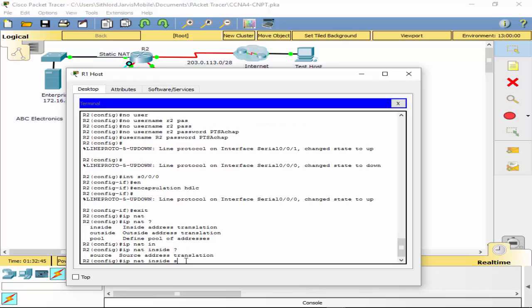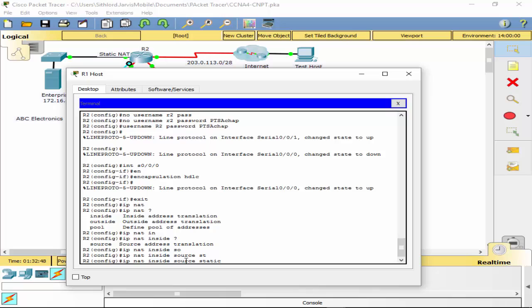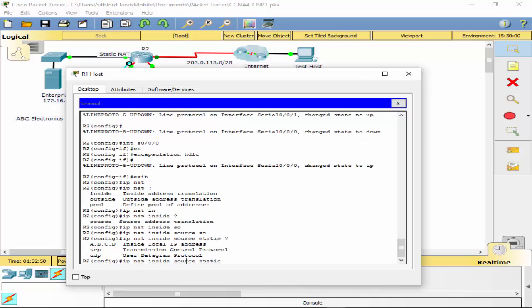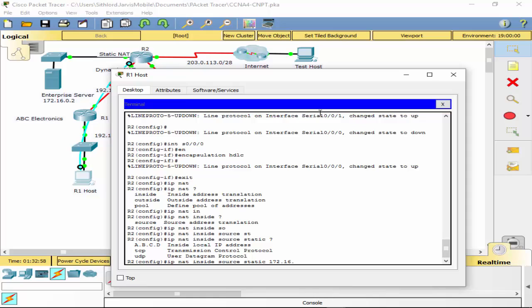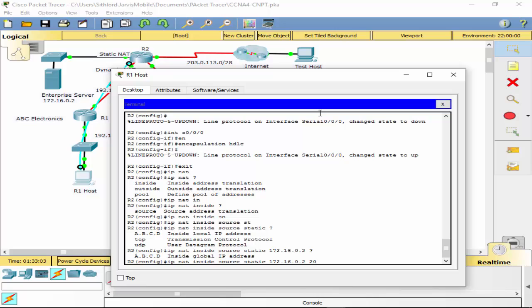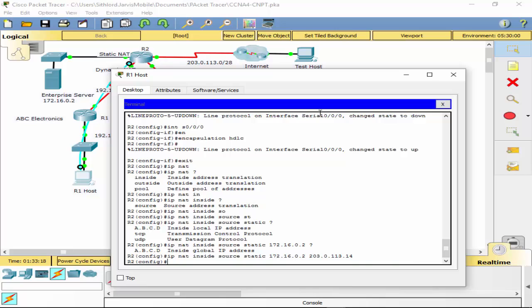inside source static, put our inside address. No, we don't need that. Or we could put a TCP if we want to do 172.16.0.2 to the last address 203.0.113, oh, it's 114, 113.14. So we're almost good there, except we need to go to interface